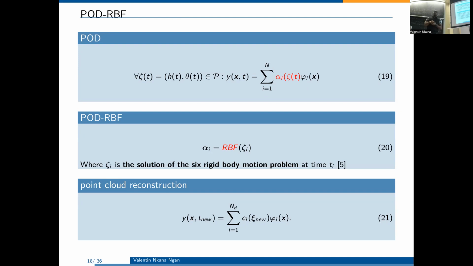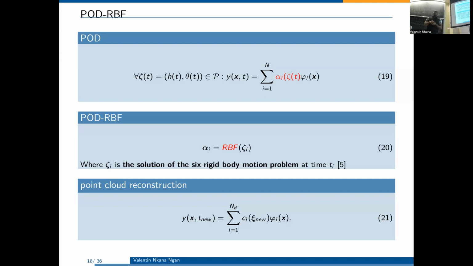So we build offline a map which can interpolate between the coefficients coming from the Galerkin projection and the parameter responsible for the grid motion. So when we do that offline, we obtain some kind of set of weights that can be useful for interpolation at the online level.